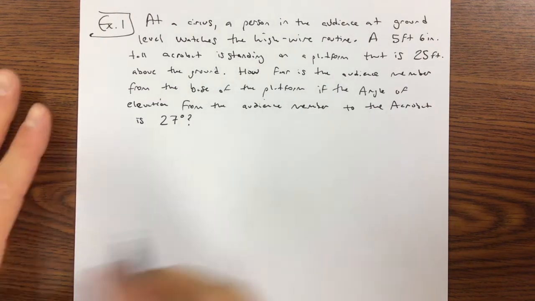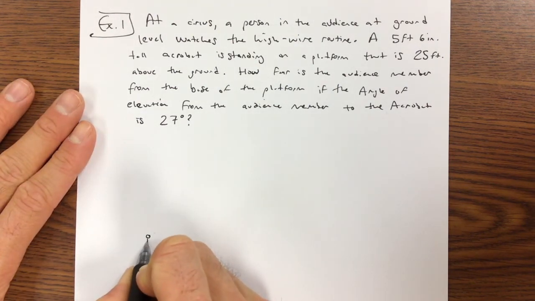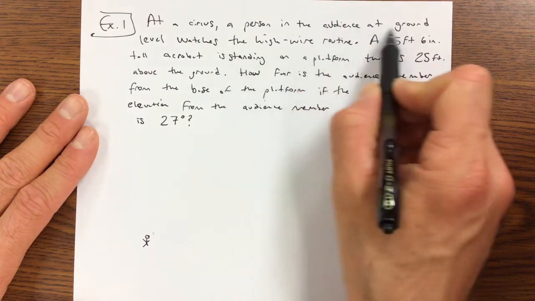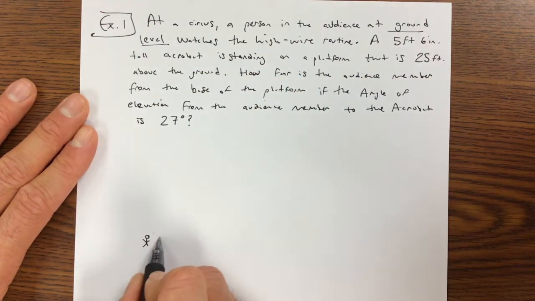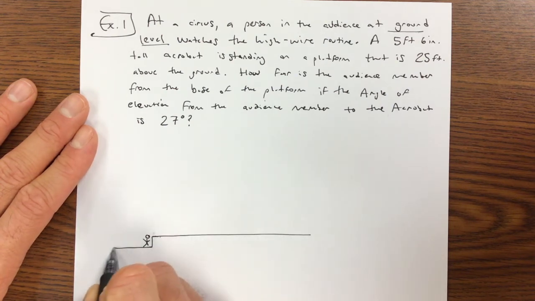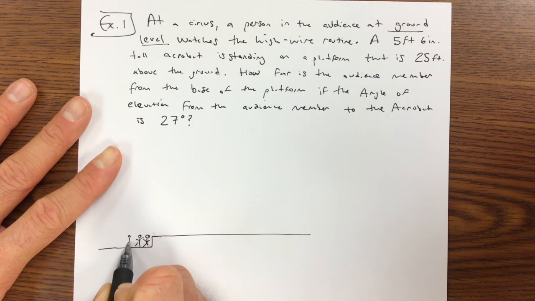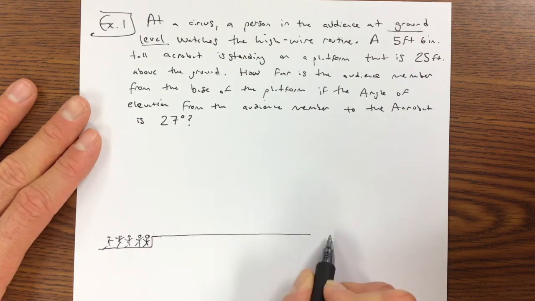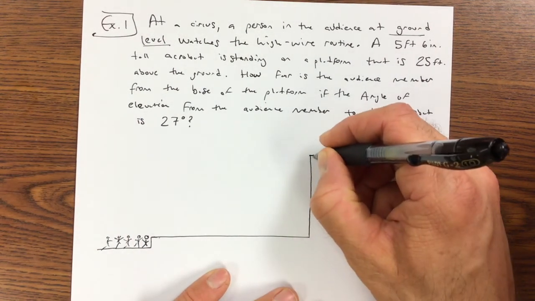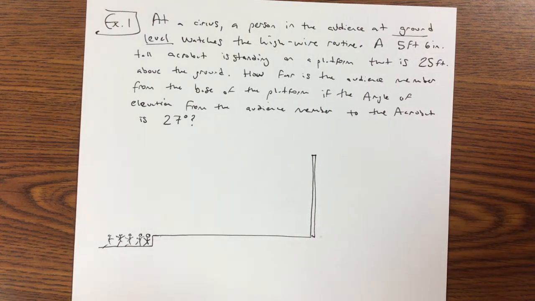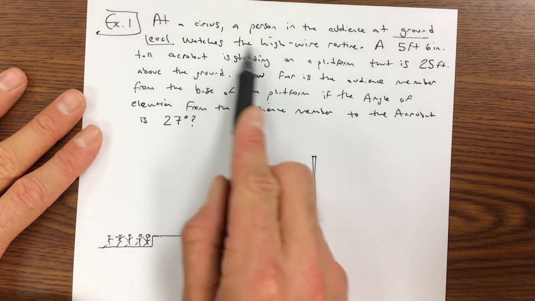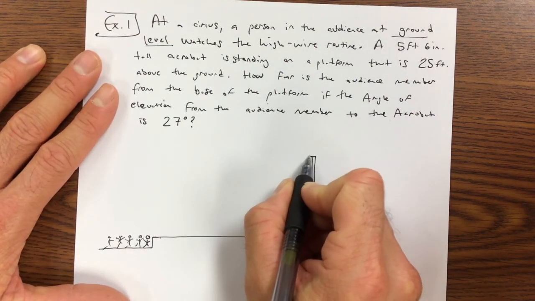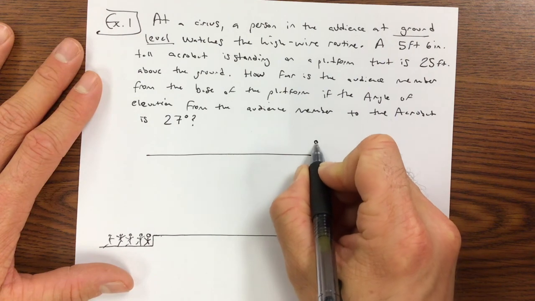So, calculators, get them ready. Let's draw a picture. We have this audience member kind of down here. It says the audience member is at ground level, so I'm going to put a ground right here. Maybe he's on a platform with a whole bunch of other people sitting and watching the circus, and maybe there are seats they can sit on, but they're down here at ground level. And apparently there's this platform. Let's draw a little platform, because the high wire routine has to be up high on a wire. That's why they call it a high wire routine. And I guess the wire is maybe looking like that. So you've got this acrobat